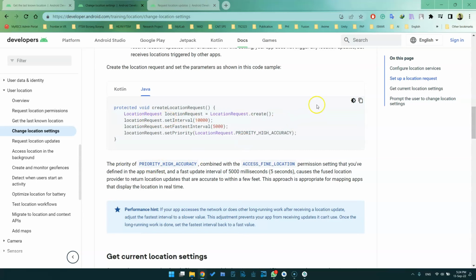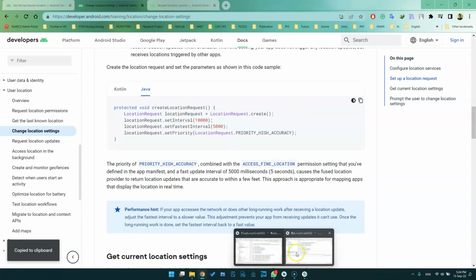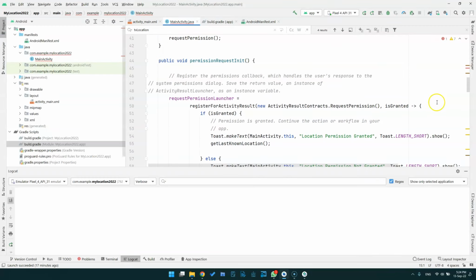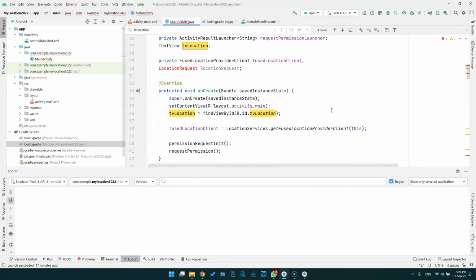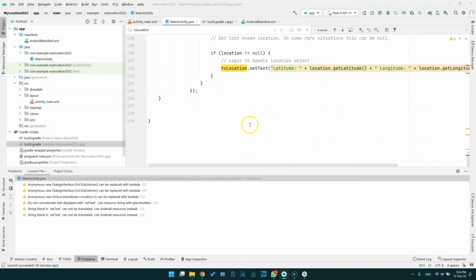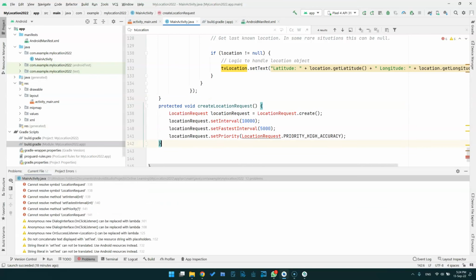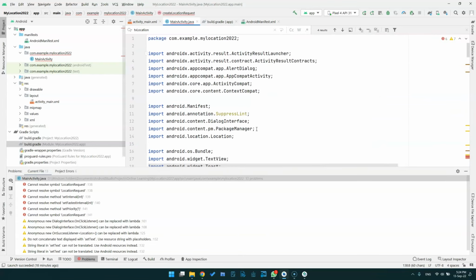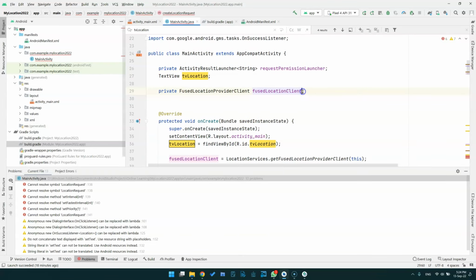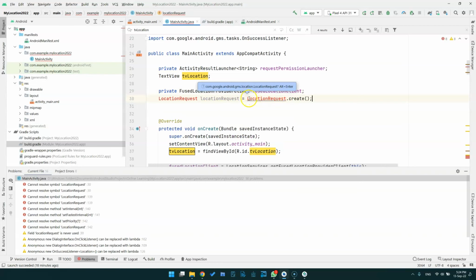First, you need to copy this code to change the location request setting. So go to your Android Studio and then you paste the code. Okay. And then again, this I will make it as global variable. Next, remember to